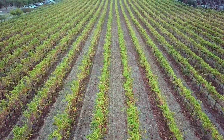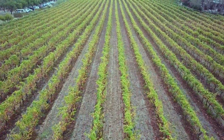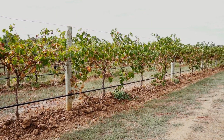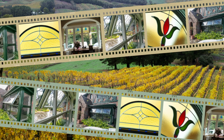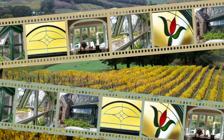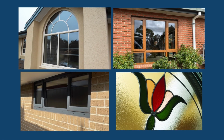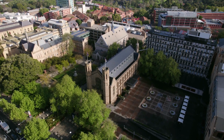Adelaide is famous for its wine country, elegant homes, and year-round sunshine. But with hot, dry summers and cooler, wetter winters, your windows need to do more than just look good. Whether you're restoring a heritage property or building a modern cellar door home, double glazed windows can be fully customised. Choose from colonial bars, timber look finishes, custom colours and specialised glass options, all designed to complement Adelaide's unique vineyard